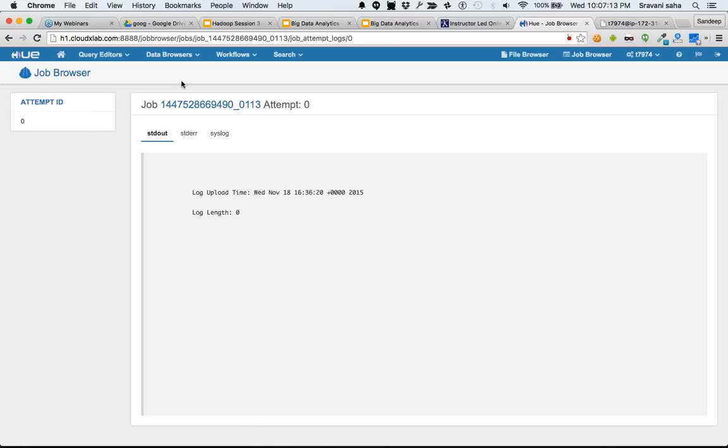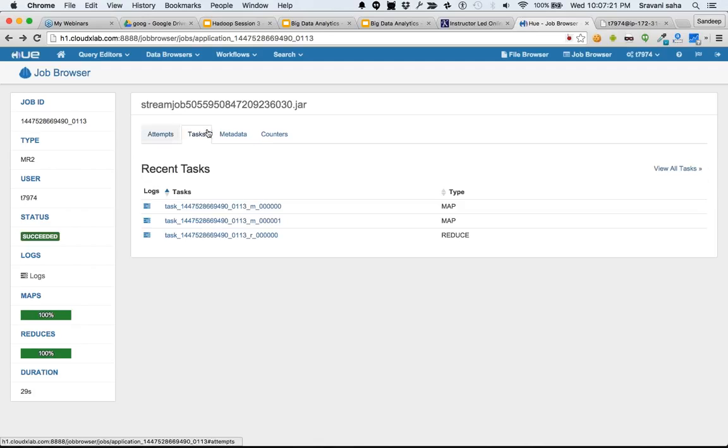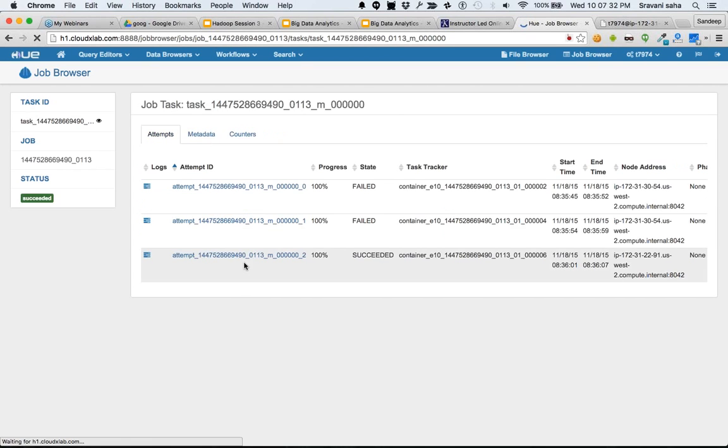This was the attempt of the whole job, and inside this attempt there were 3 tasks: task 0, task 1. There are 2 tasks for map and 1 task for reduce. When you look at this task, you can see that 2 attempts have failed, the last one has succeeded. You can see here that the attempts on 54 has failed while 91 have succeeded.